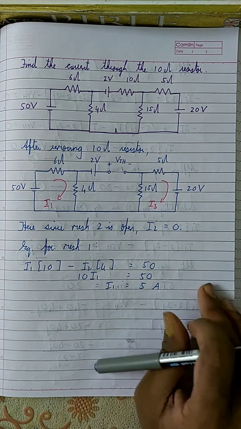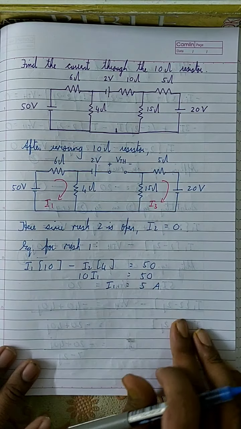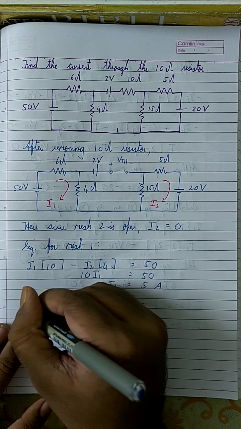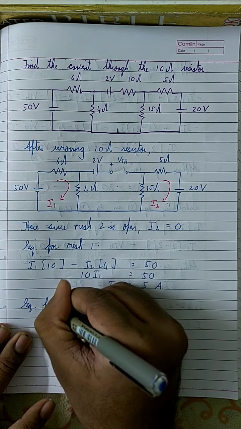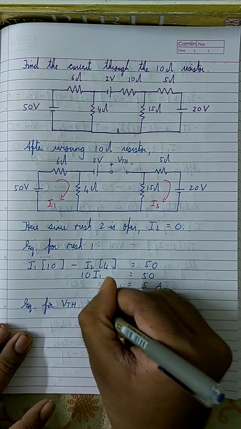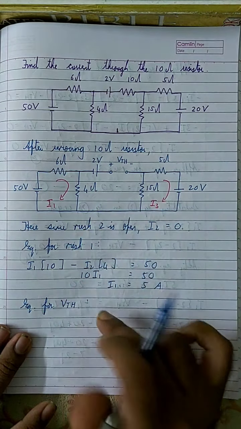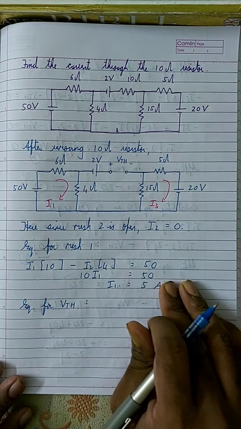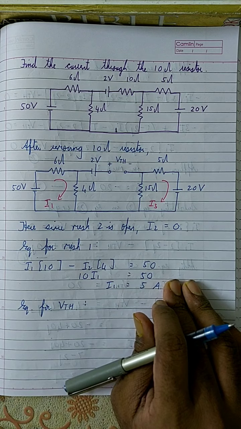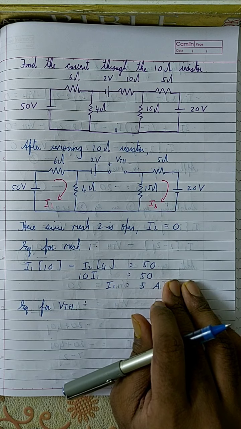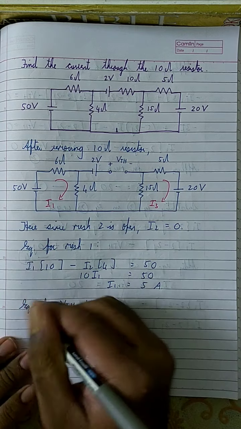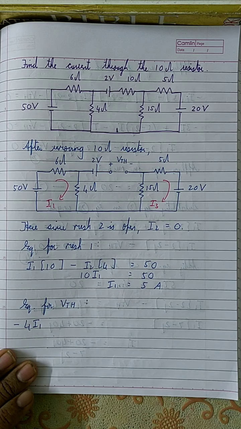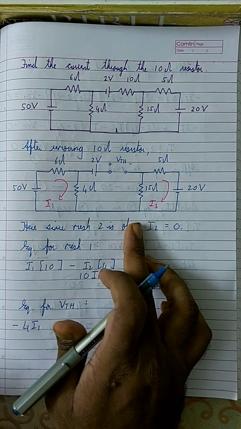Now I'm going to apply the equation for mesh 2, but it's not right to say mesh 2, right? Instead of that, we need the equation for VTH, because this is the only mesh which has the VTH inside, right? So equation for VTH. Now let me write it as a normal mesh 2 equation, and then finally we will put I2 equal to 0. So here we have minus 4I1,